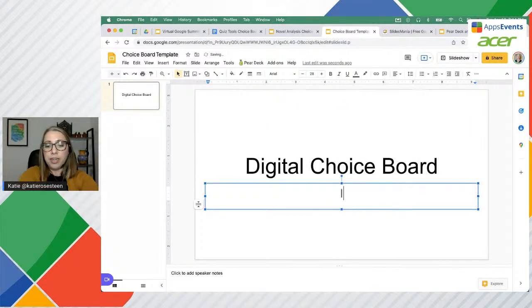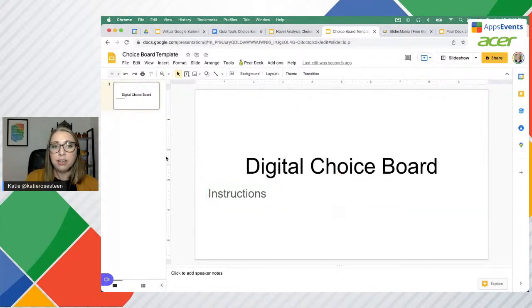And I would put instructions here for how to run the board. So once you have made it, putting some instructions just to remind students how to use it, how to navigate between it is great. So we're going to go up here to our plus sign to create a new slide,